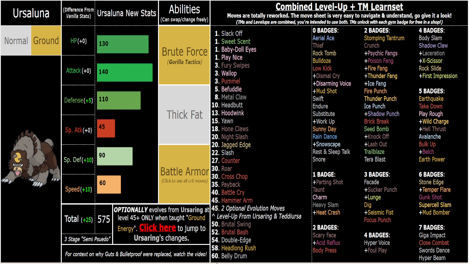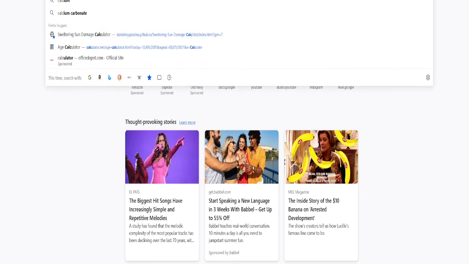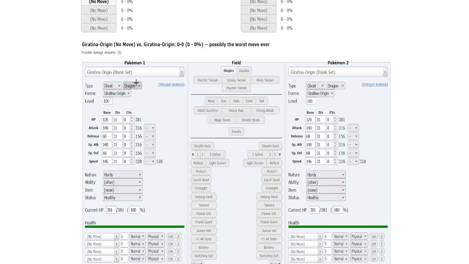Yeah, Brute Force is very strong. So 60 base speed with Choice Scarf, like I said earlier, isn't nearly as fast as Ursaring. Ursaring with Quick Feet and a neutral speed nature is outspeeding base 112, while